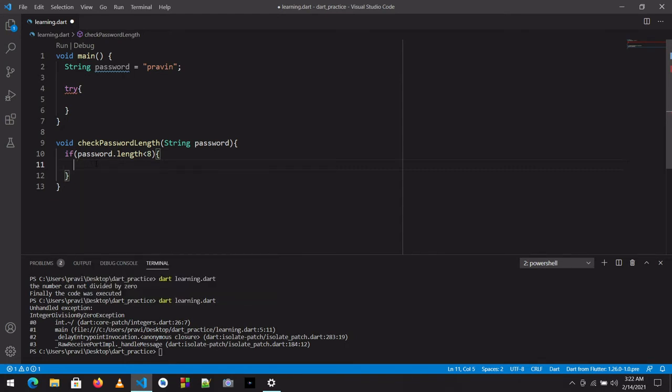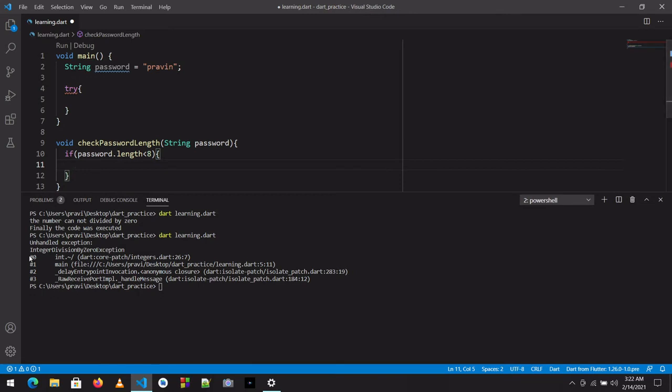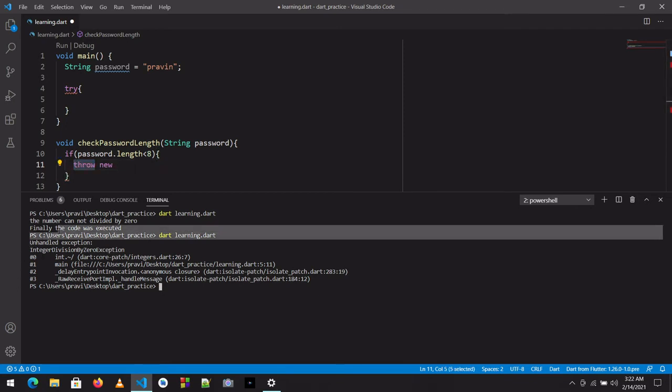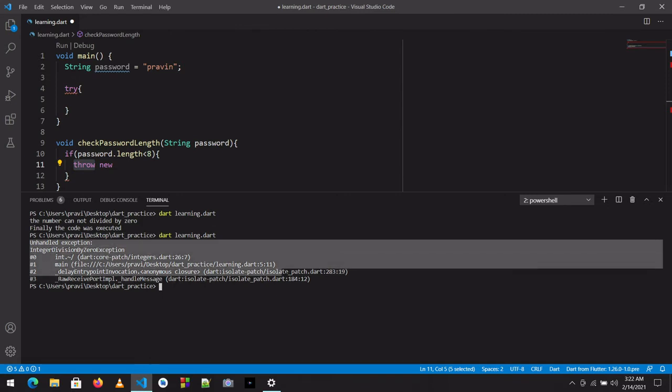It will throw an exception on the screen, like it was thrown in the command line. You can see integer division by 0. So I have to throw my custom exception. So I will throw new. Throw is used for showing the exception in the terminal. This error in the terminal was given by the throw command.